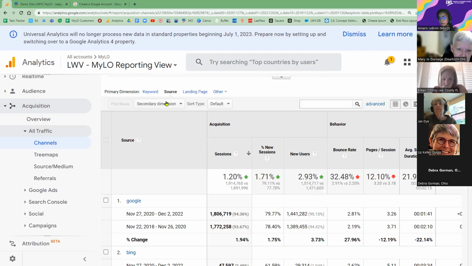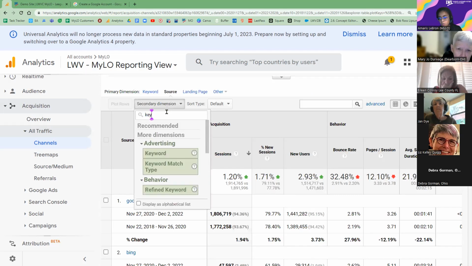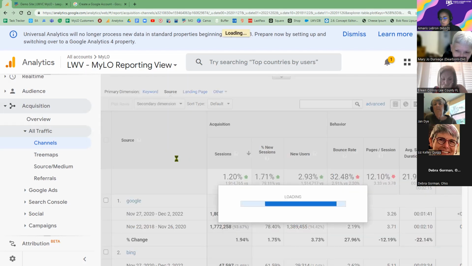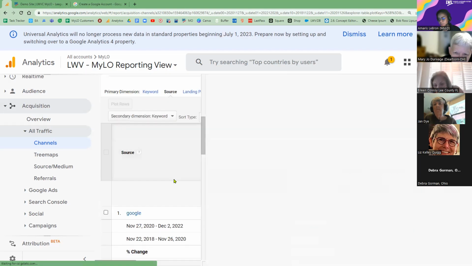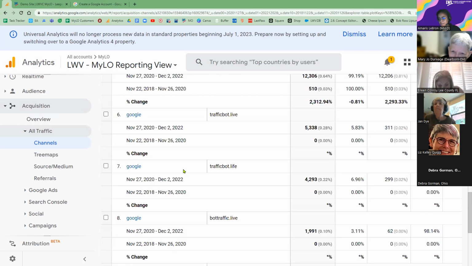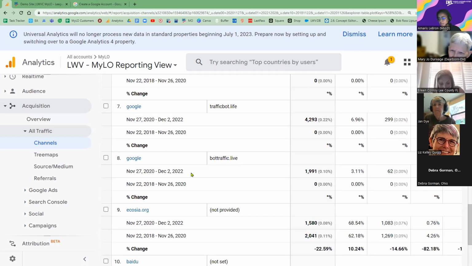You can also add a secondary dimension. So I get to see the source, but I want to also see the keywords per each source. That is usually going to give me the top keywords we were just seeing. Might be a lot of data that it's trying to pull together. There we go. Okay, so unfortunately, a lot of them are not provided, not set, but we see